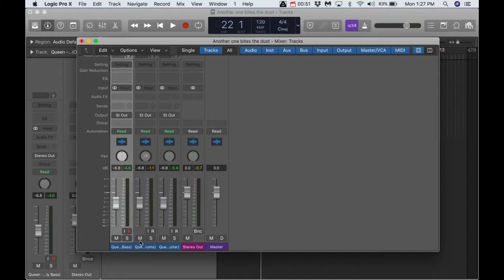So I've already explained the input monitoring and record arm buttons. The M here literally stands for mute, so that will actually mute that track, and the S is for soloing the track, meaning it will be the only track that plays. I'll play the track again. So that's just the bass, just the drums, just the guitar, just muting the guitar,